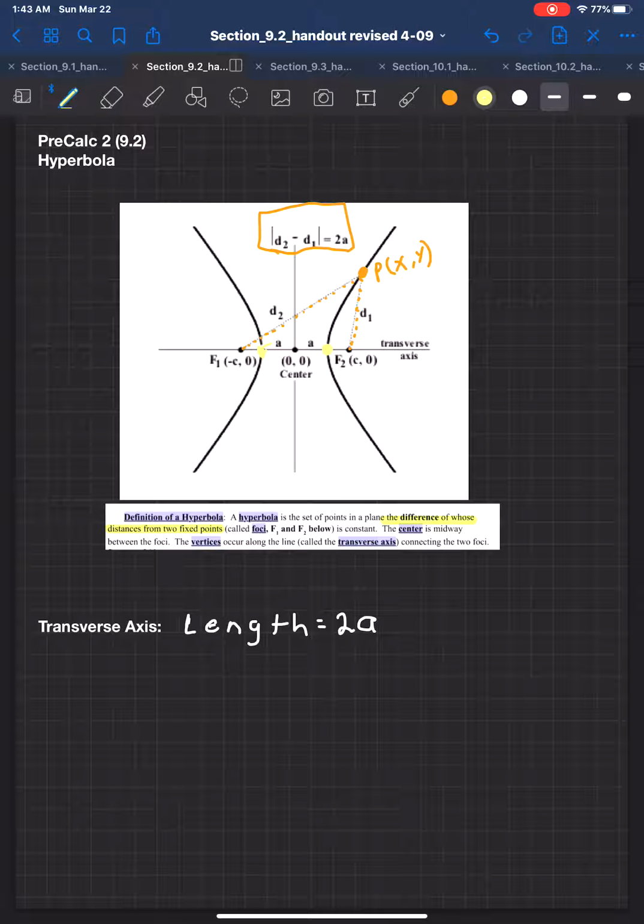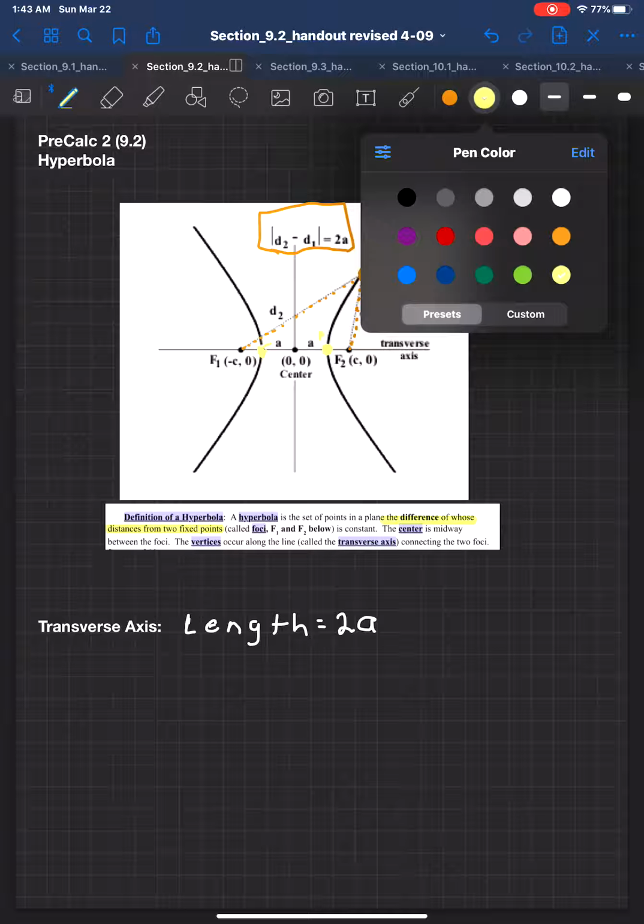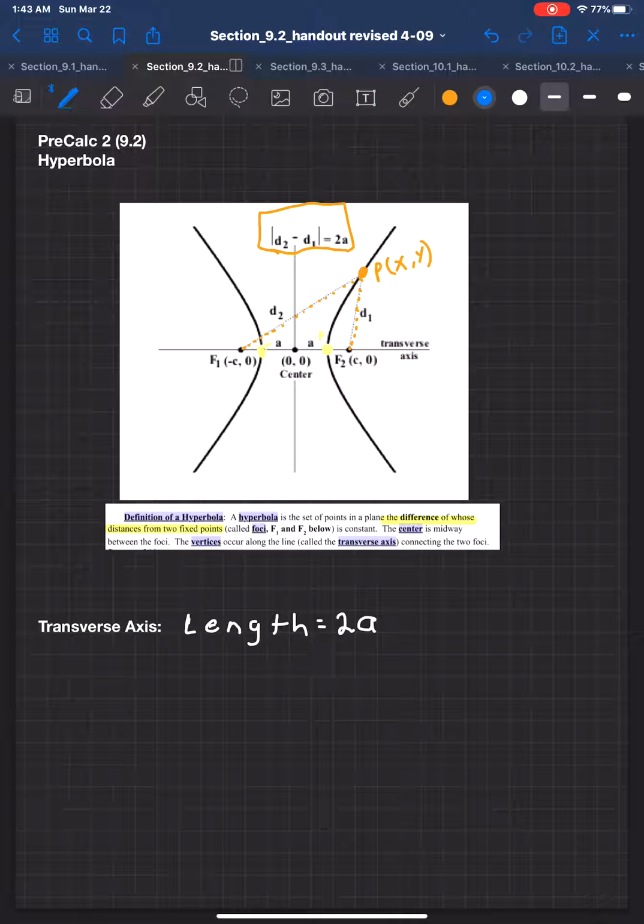Let me grab another color that shows up better. This is our point A, and this is our point negative A. If you start at the origin and travel a distance of A to the right and a distance of A to the left,